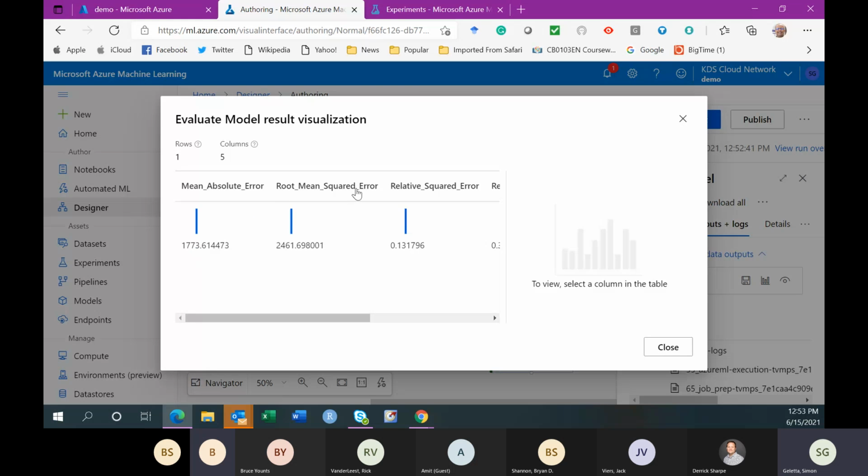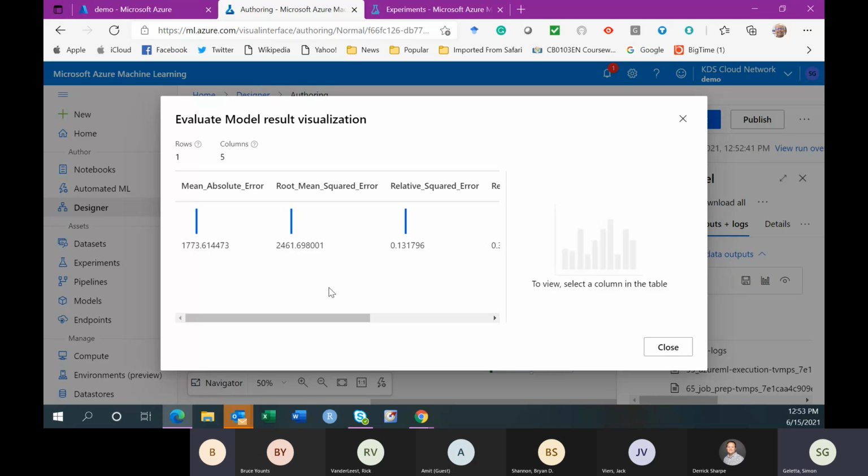Root mean square error is the square of those deltas. Here we have absolute delta, of course, but root mean squared is calculated not as an absolute value, but as a sum of squares, which is why we have this. And then relative squared error.